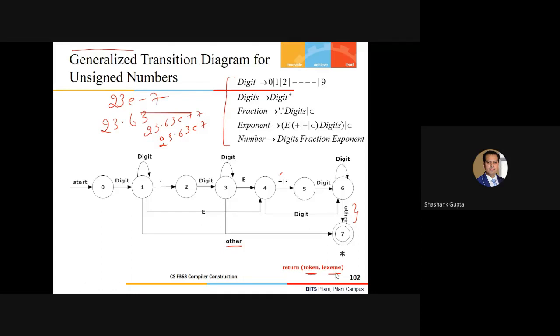Fine, guys. Any question up to this point? Any comment you want to make here? Sir, we are assuming that there will always be some other character. Like there is also a possibility of having epsilon after a digit. There is also a possibility of epsilon. So how will you represent the epsilon in your test case? Epsilon is a part of regular expressions, not with respect to what we generally deal with in numbers, isn't it?